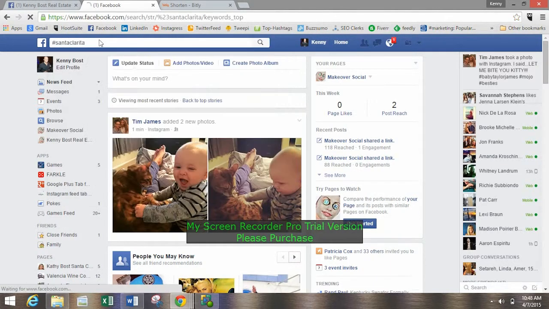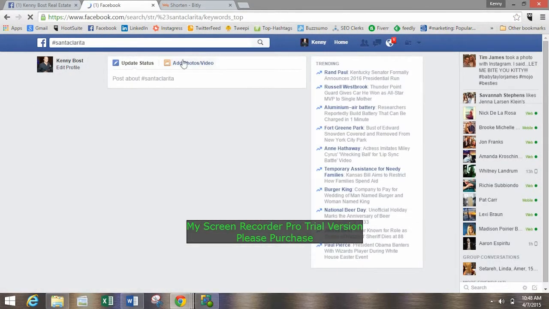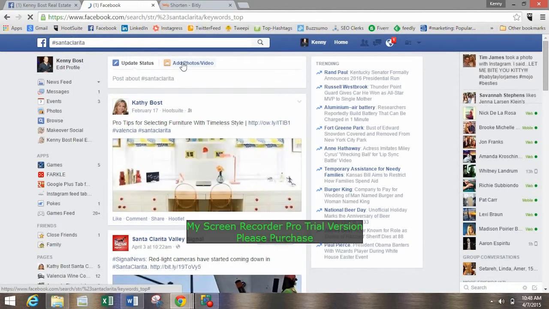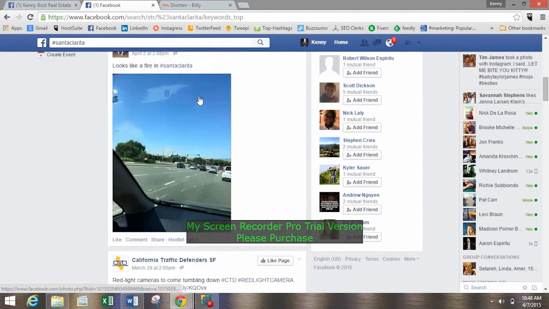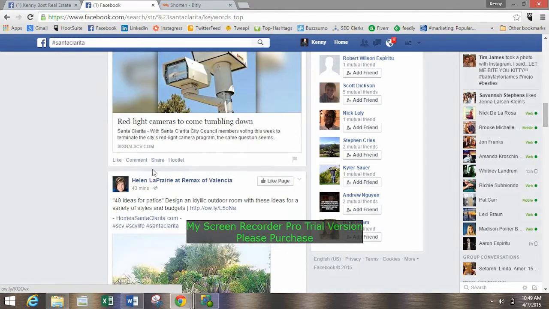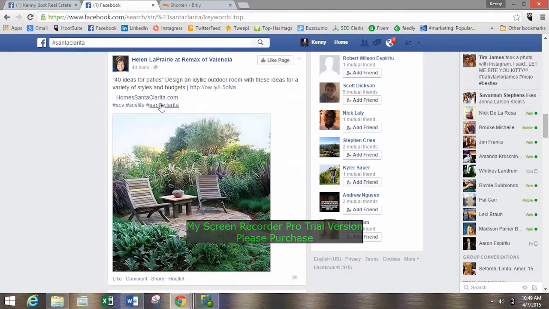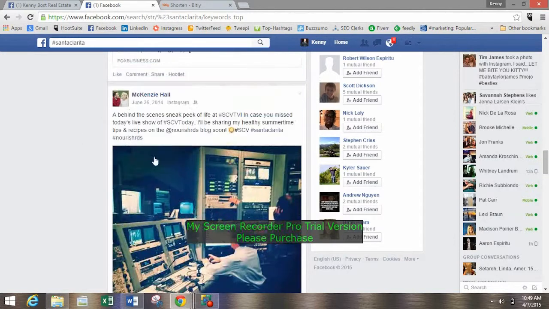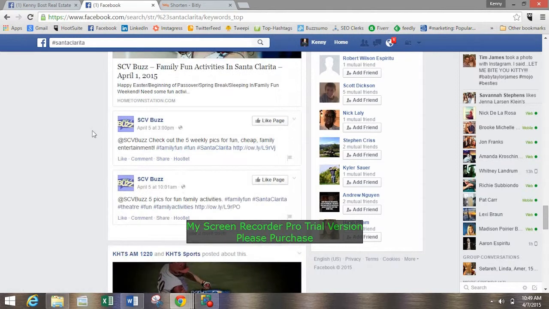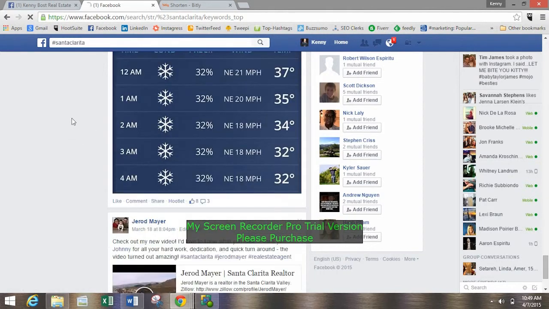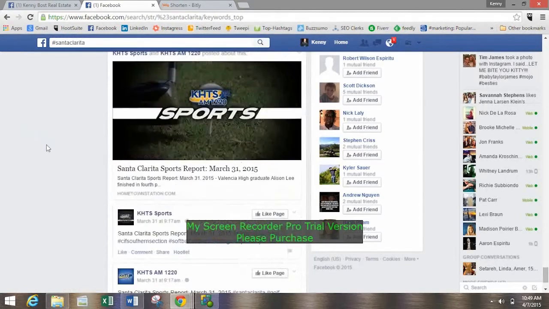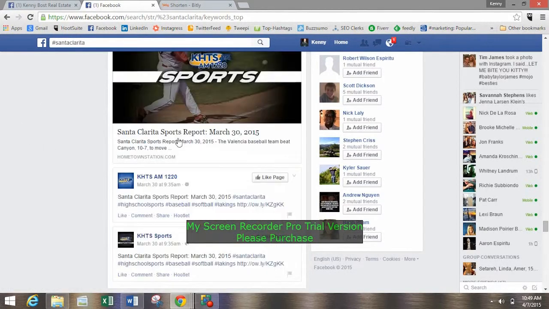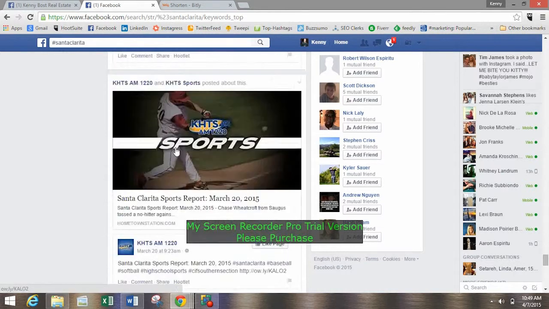Hit enter, and basically now what we've done is anyone that's posted a story, anyone that's posted anything on Facebook, and then said hashtag Santa Clarita after it, we are going to see whatever they've posted. So now what we have here is basically a news feed that's like a conversation about Santa Clarita. And anyone that punches in hashtag Santa Clarita up here is going to see anything that's posted in here.